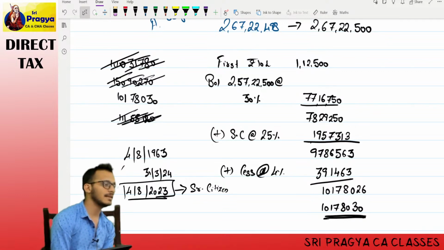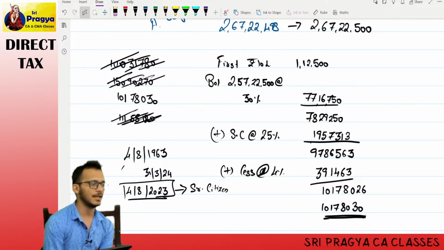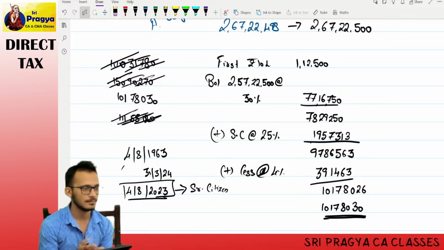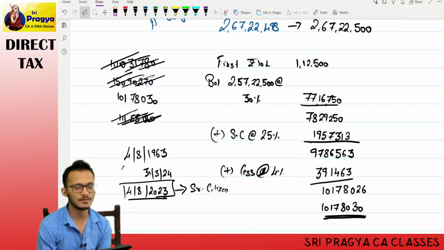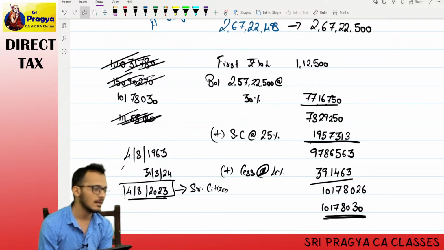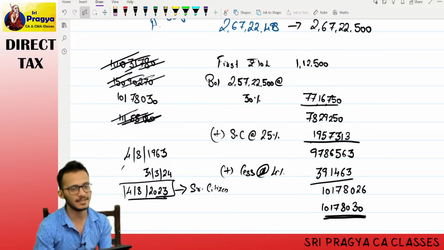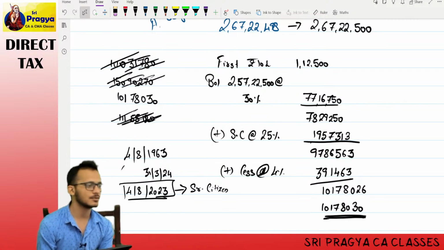In 2020, they introduced another regime called Section 115BAC. At that point of time, 115BAC was called the new regime, and what you're doing right now was called the old regime. In the new regime, they reduced the tax rates and said, now you decide what you want to pay. People looked at it and said, oh, less tax rate, meaning I should pay this. But there were some hidden issues there, because of which everyone said, no, I don't want to take it.